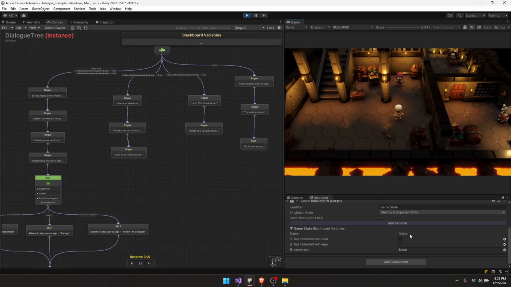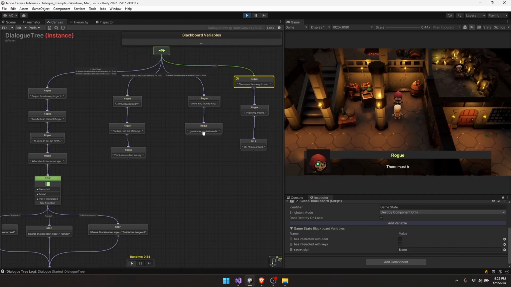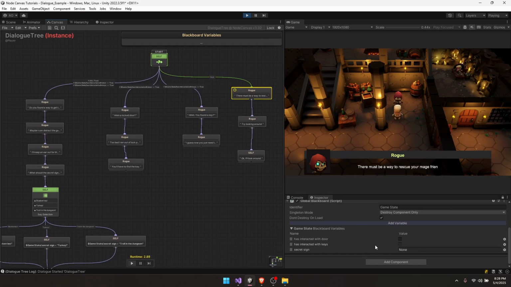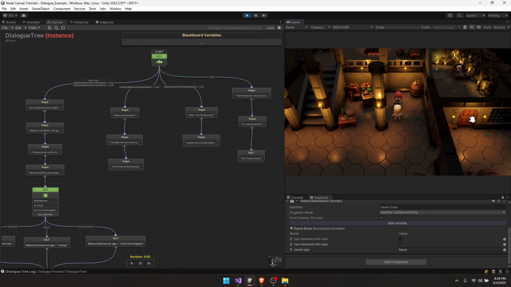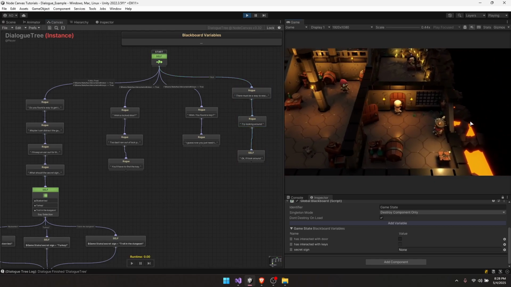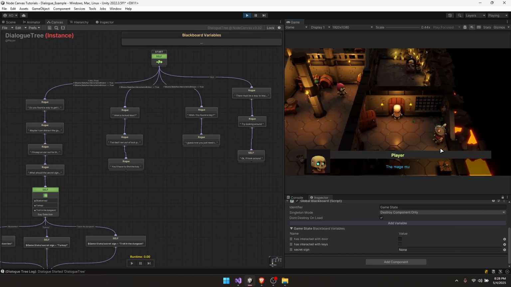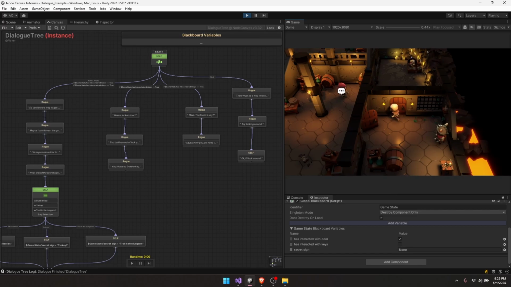All right, so I have my global blackboard docked here so we can easily debug what these values are. I'm going to talk to the rogue. So these failed because we have not interacted with the door or the keys yet, and we haven't set a secret sign. So she's going to do that dialogue. Then I'm going to interact with the door. Now that gets turned on, and if I talk to her now,